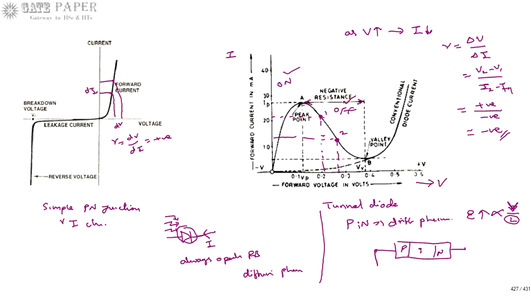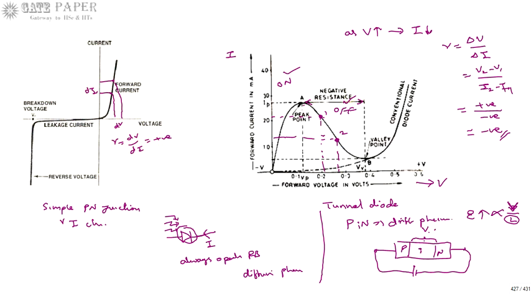Because of high resistivity, whatever voltage you apply to this pin diode is applied across only the intrinsic region. Because of this very high voltage across the intrinsic region, you get a very high electric field. That high electric field makes the charge carriers transport from one region to the other very fast, so the response time is better in a pin diode. That is the pin diode, and a pin diode doesn't have a negative resistance region.